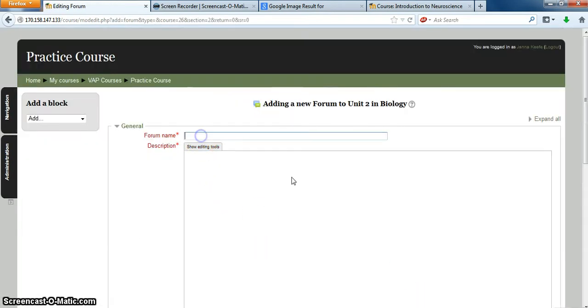It's going to ask for the forum name. So just as an example, something like that. And then in the description is where you're going to post the topic or the question that will be discussed, as well as any instructions as far as how they should respond, the number of responses they need to give, and things like that. So just as an example,